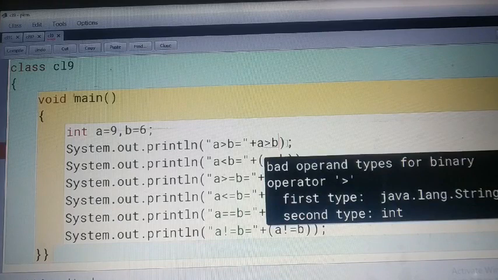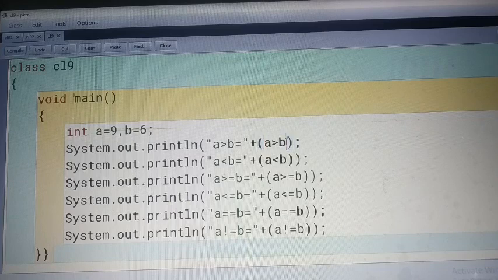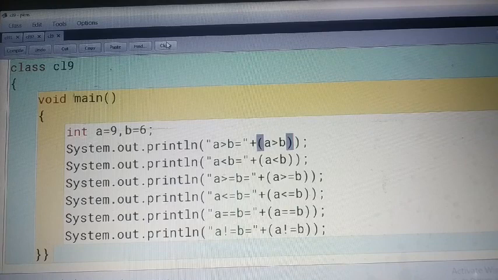This way we cannot attach the plus operator with a relational operator. So what to do? We have to separate them by parentheses. See, this way they are separated. After separating, we will go for compilation. No syntax error is coming. Close it.